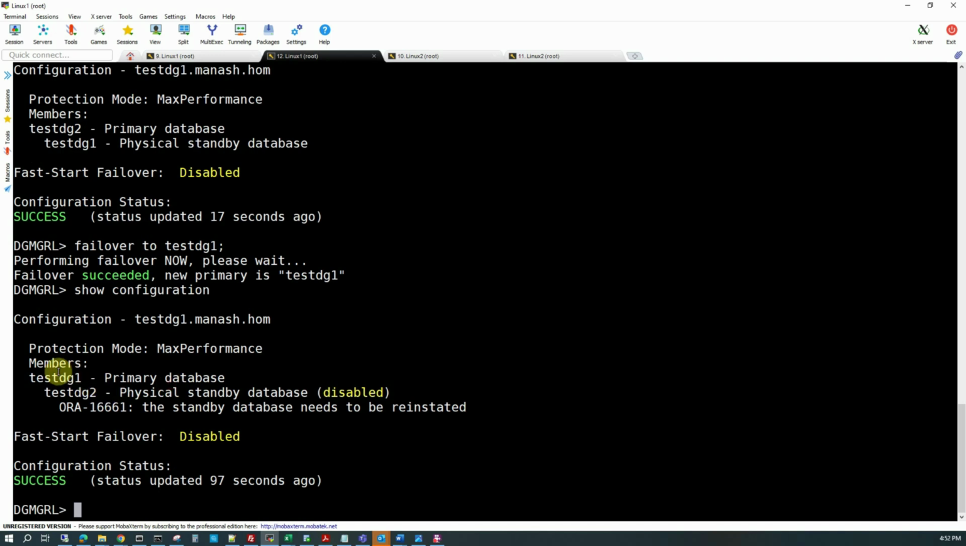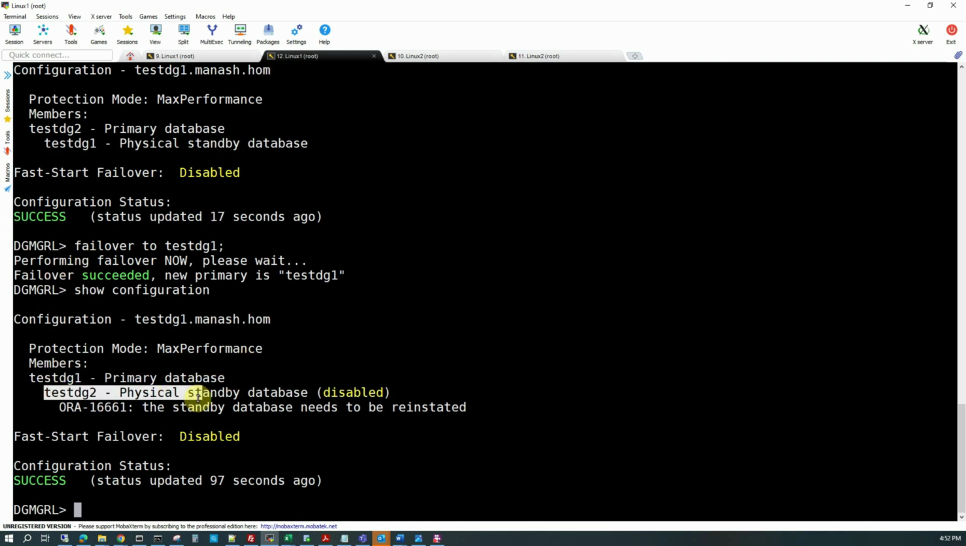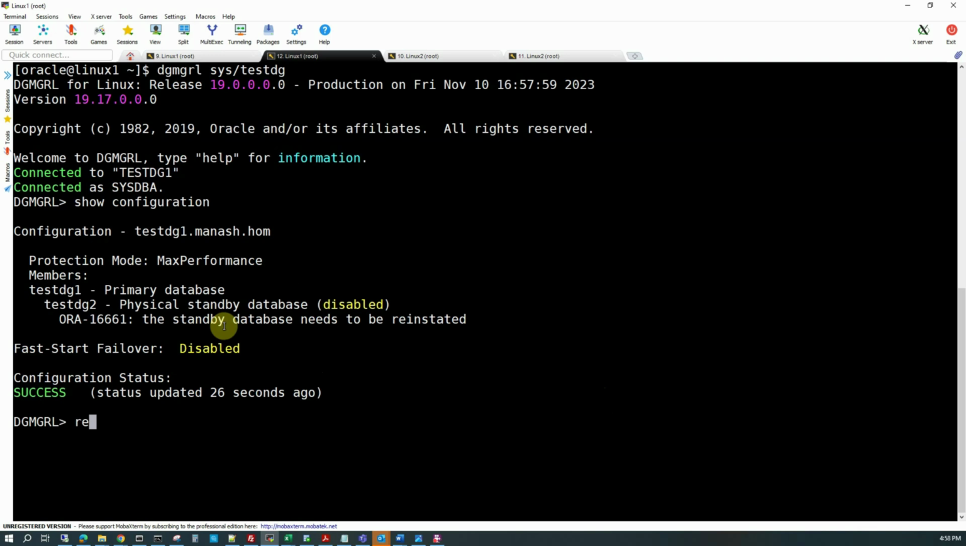Now if we do a show configuration, we see that the details are a little different, where testdz1 is the primary database now, and testdz2, which is the physical standby database, is disabled and needs to be reinstated. It means after a failover, if you see that your old primary database, which was abandoned before, has become accessible again, then you can reinstate it as the standby database. So all you need to do is use the command reinstate database